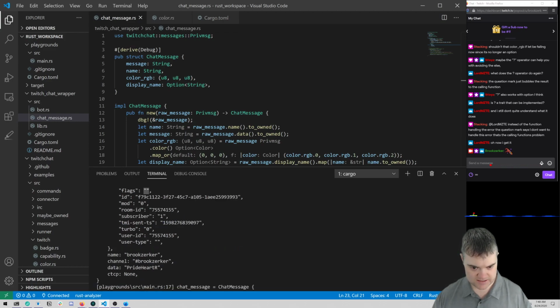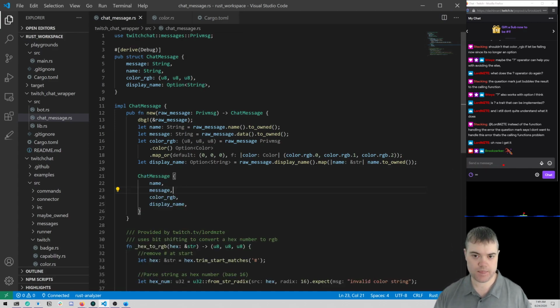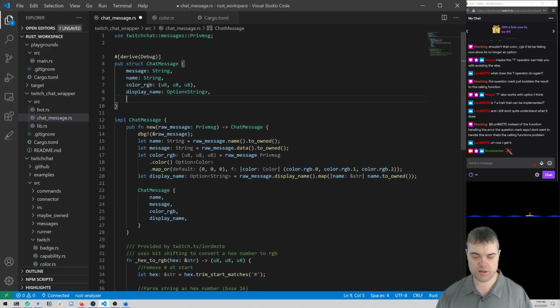Flags, don't know what that is. The ID of the message. If I'm a mod, I guess. Room ID is probably the chat room that we're in. If I'm a subscriber. So let's do if I'm a subscriber next. Subscriber should be a Boolean.